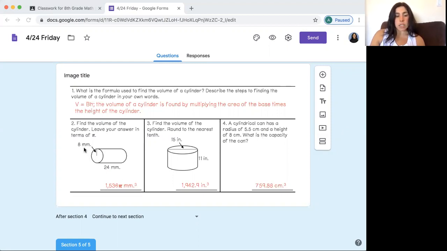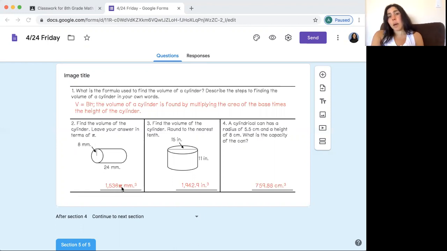So what that means is you're going to take the radius, which is 8. You're going to do pi r squared, 3.14 r squared. So all you really had to do was do r squared, because I told you to leave it in terms of pi. So you did 8 squared, pi r squared times 24. And when you did the base, pi r squared, using 8 for r, times 24 as your height, then you should have gotten